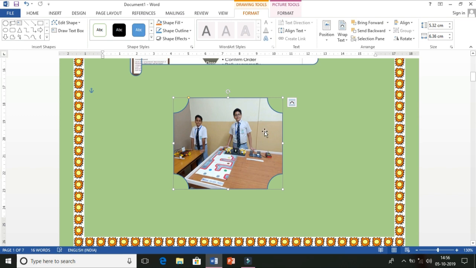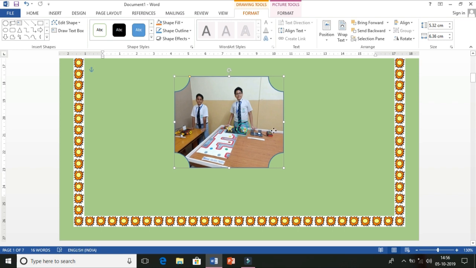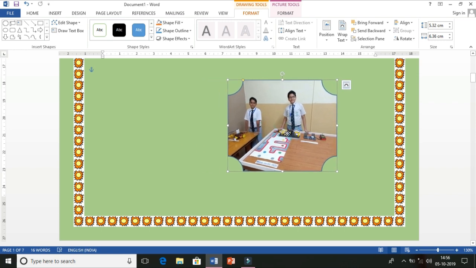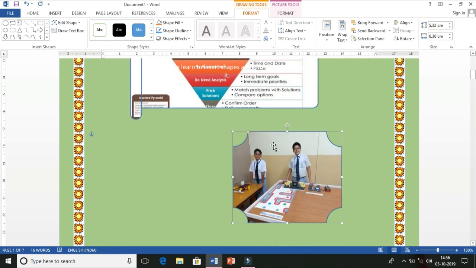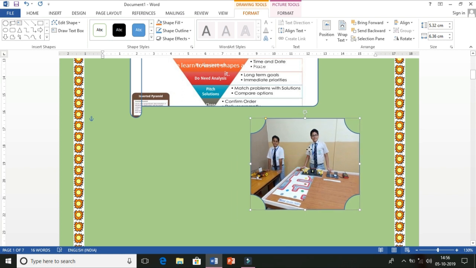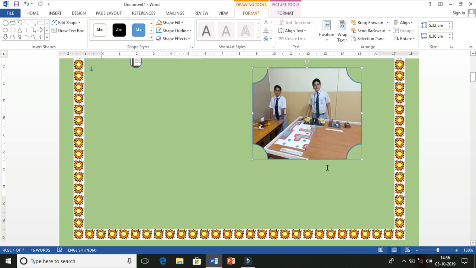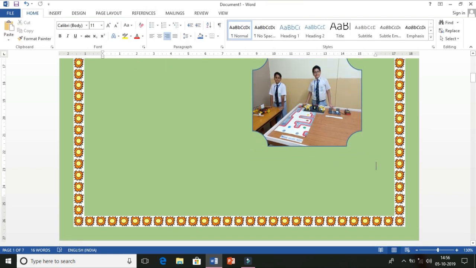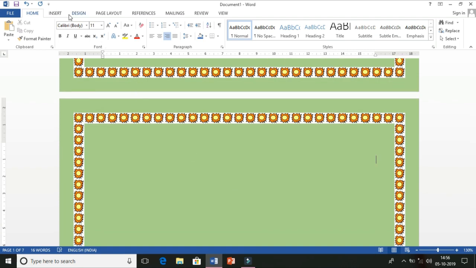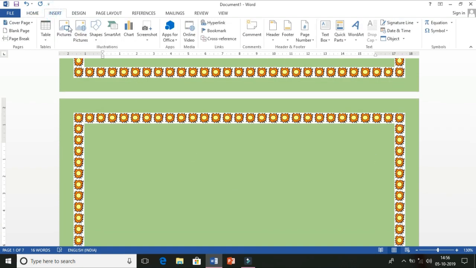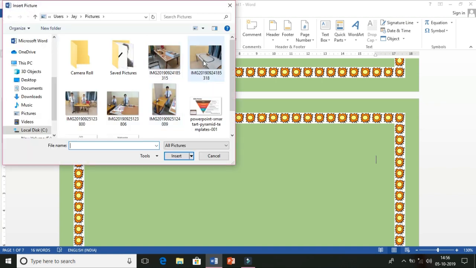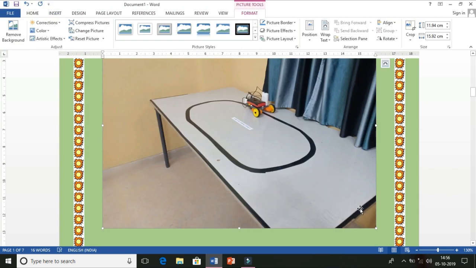After inserting the picture in this shape, there is a very good benefit of inserting pictures inside the shape, because you have created the shape at the required place, right? And that particular picture is coming in that shape only, meaning it will not move here and there. I am telling you what the advantage of this is. Suppose you are inserting a picture directly from the insert tab, there is a picture option. Suppose I am inserting this picture, so this picture is inserted.